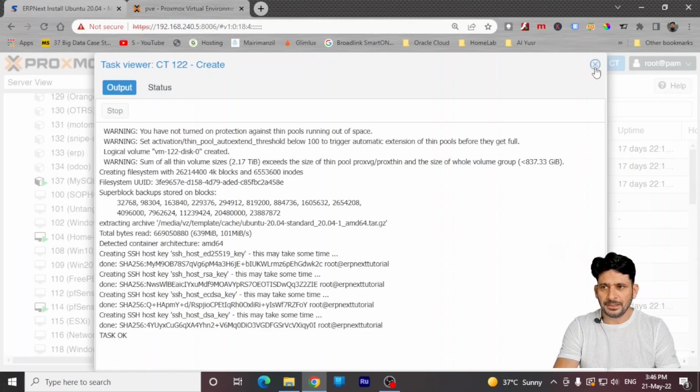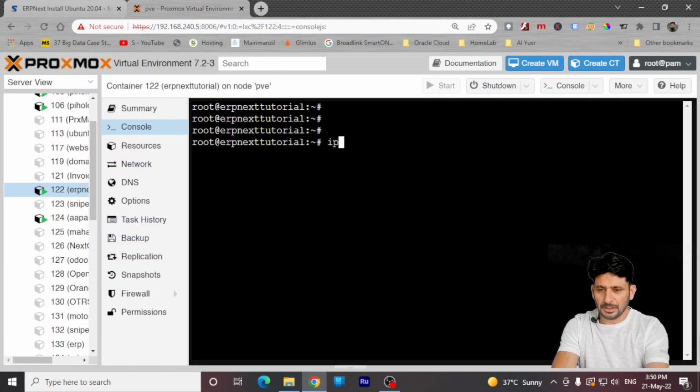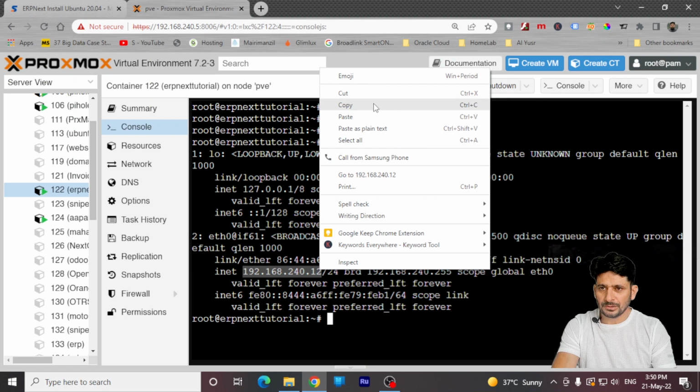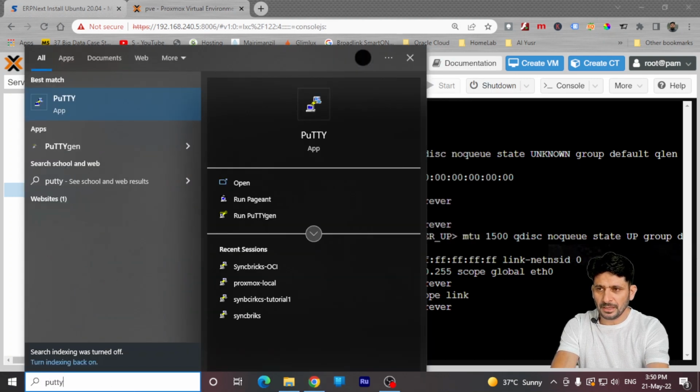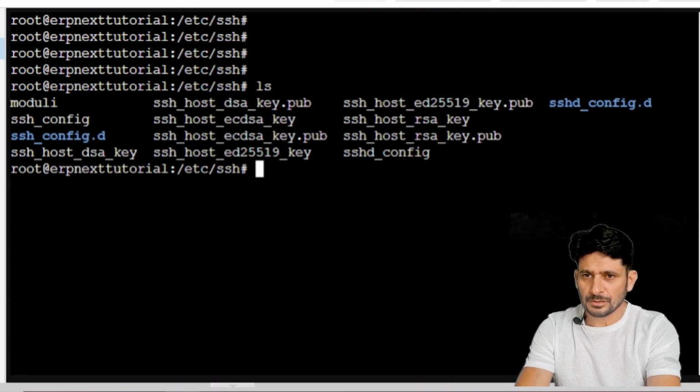Ubuntu Server is ready. Here is ERP Next tutorial. Start the console here. So let me check what is the IP address. I'll try to access this using PuTTY so that we can have better control and better options here. With default configuration of Ubuntu Server, you'll not be able to access the shell remotely. We'll permit that in the SSH configuration, which is located in the ssh directory of etc, and the file which I want to change is sshd_config, so it will be nano